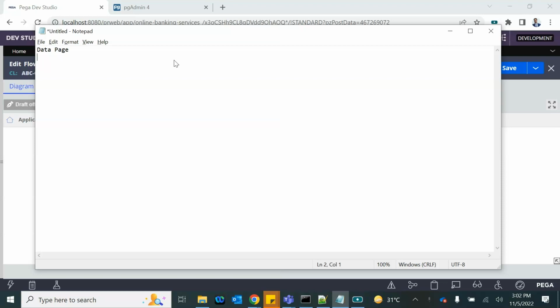We can get the data from the database table local to Pega. We can get the data from an external database table that is mapped to Pega. We can generate the data based on some logic and put that on the data page. So data page is basically a data placeholder